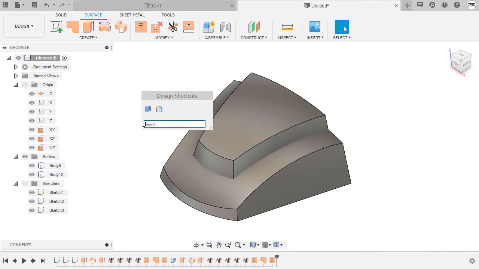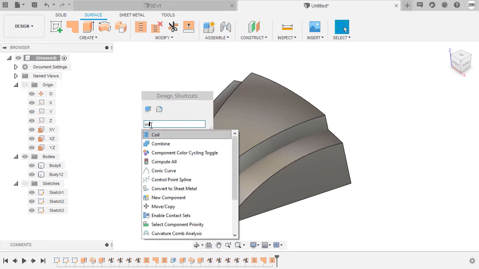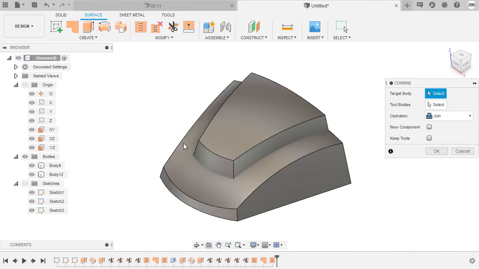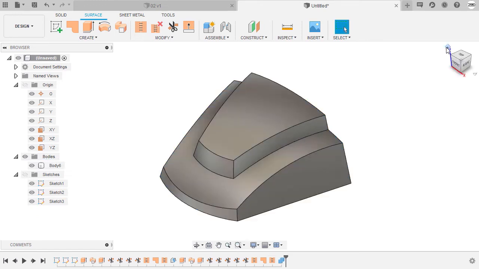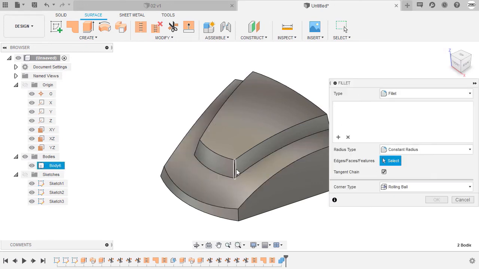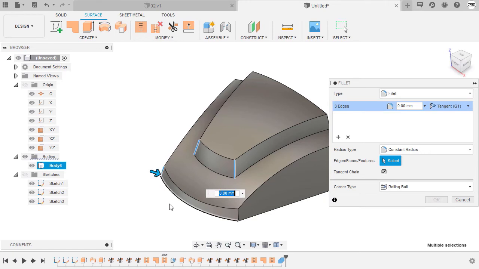Hitting S for shortcuts, typing CO, and selecting Combine. Target body, any of the two will do. Let's select body 6, tool bodies to be the other body, operation join, and let's disable new component and keep tools, selecting OK. And before we apply shell, let's first apply our fillets, hitting F, selecting these 4 edges,